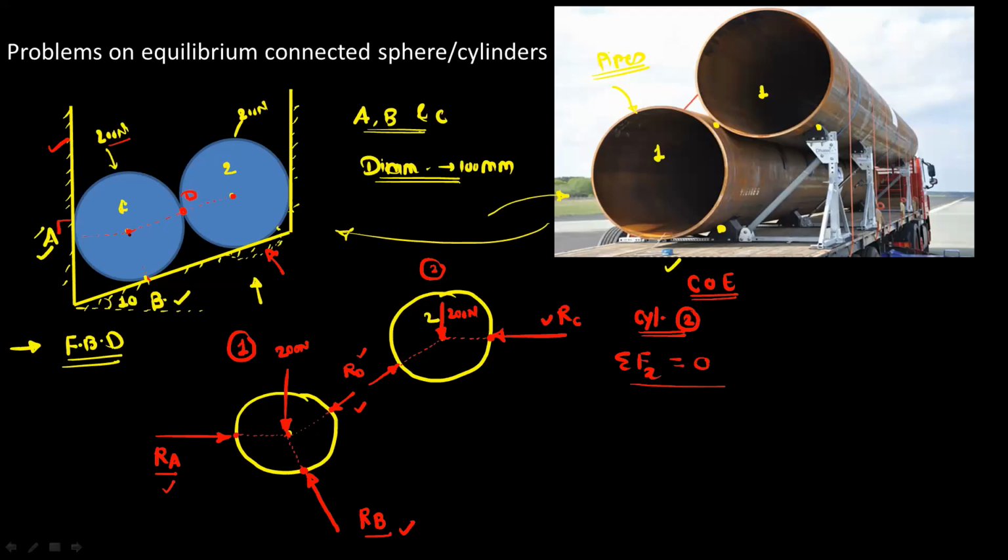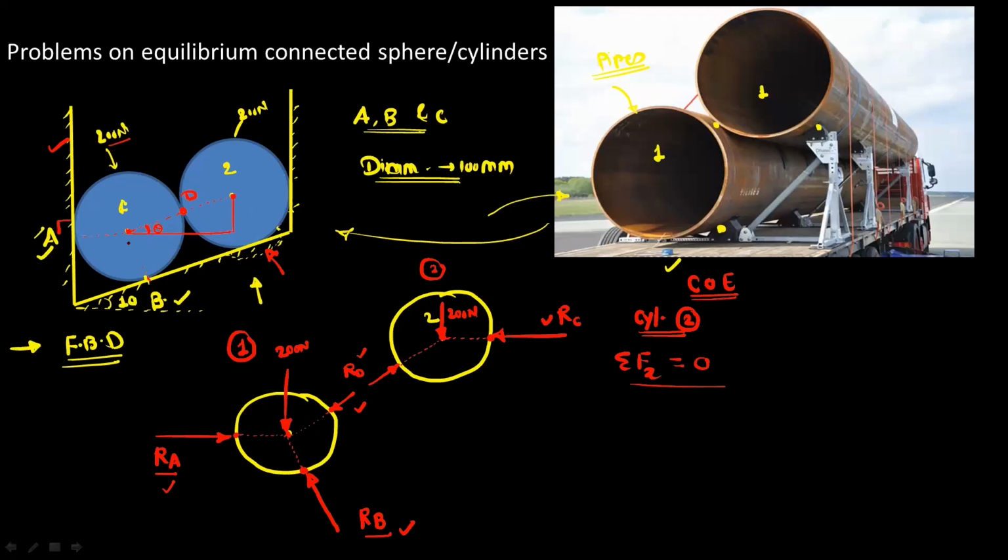To find the angle of reaction Rd with respect to the x-axis, connect the center points and draw a right angle triangle. Draw one horizontal line and draw the perpendicular on that horizontal line. In this right angle triangle, suppose this angle is theta. This theta is the angle of reaction Rd, because reaction Rd is along the hypotenuse of this right angle triangle. We have to find this theta from the given dimensions.